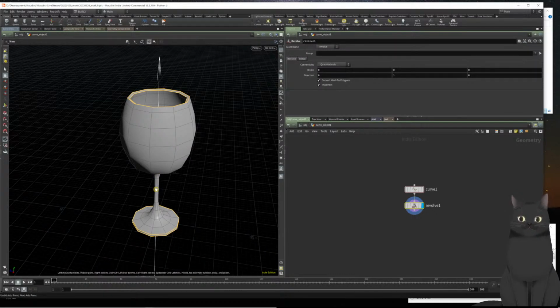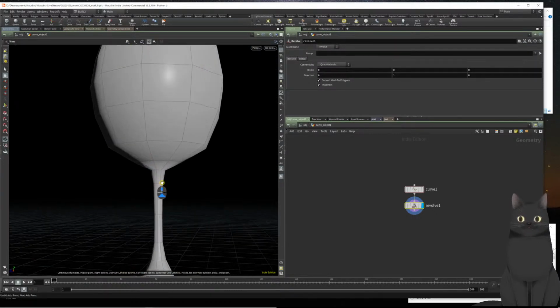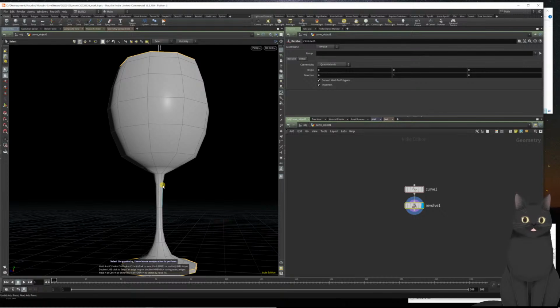And we're going to take these particular edges and we're going to go tab and then crease. Start typing crease. Press enter and we're going to